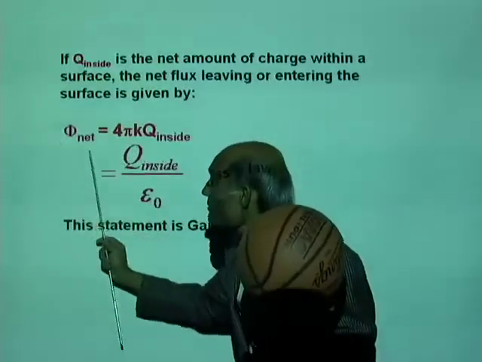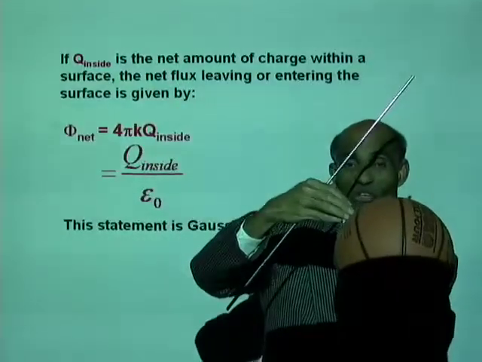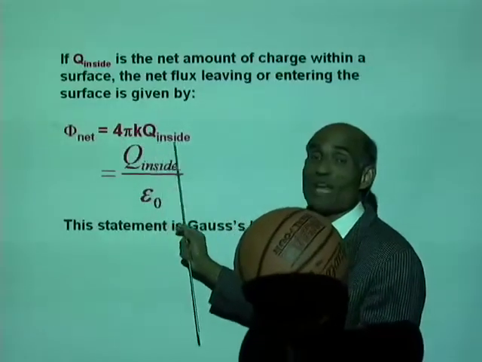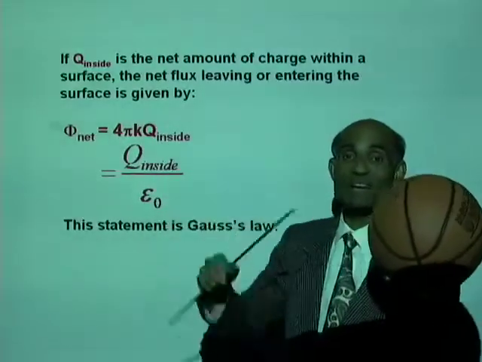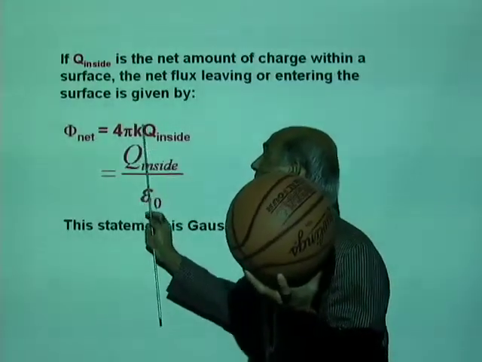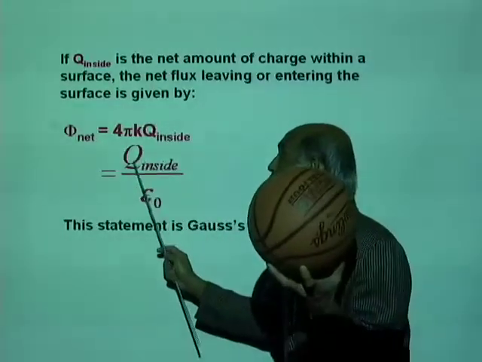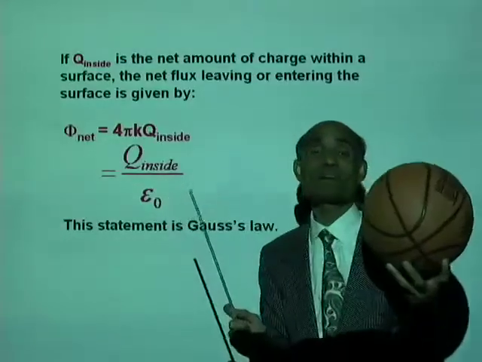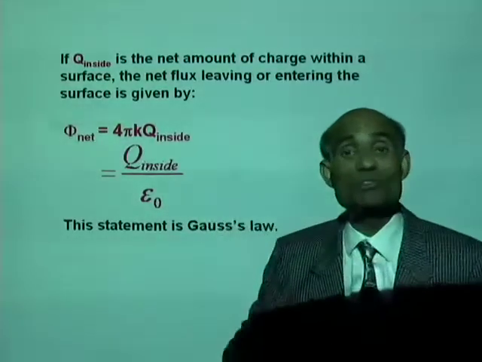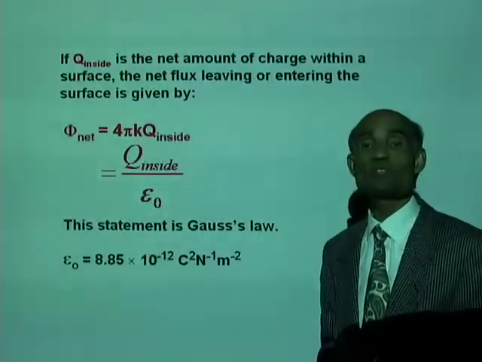So the net flux either leaving or entering a surface will be given by 4 pi k times the amount of charge inside that surface, which is the same as, if you replace the k by 1 over 4 pi epsilon naught, Q inside divided by epsilon naught. And this is the statement of Gauss's law, where the value of epsilon naught is 8.8